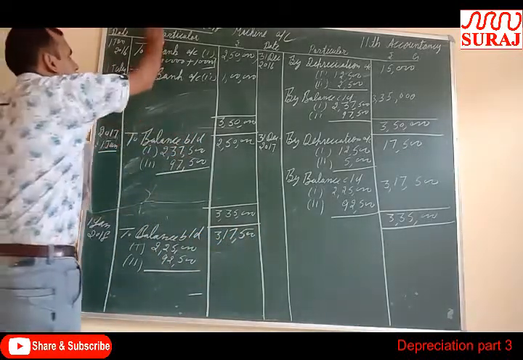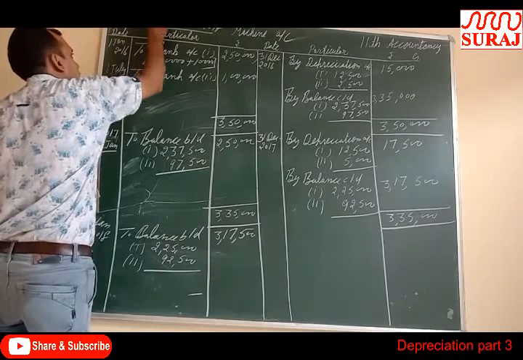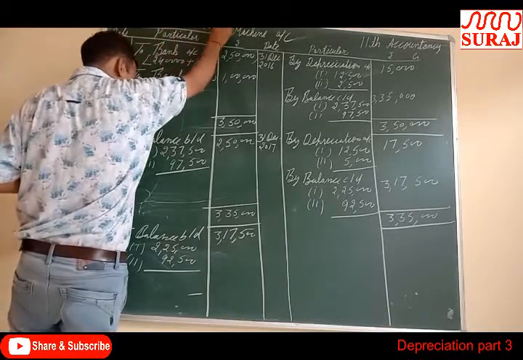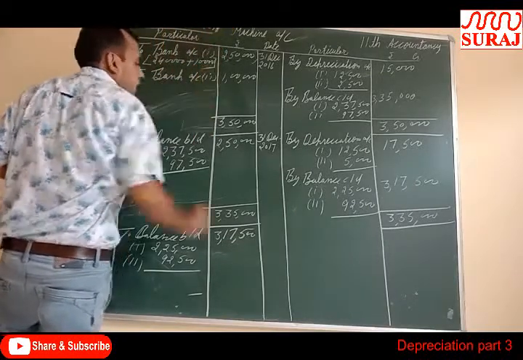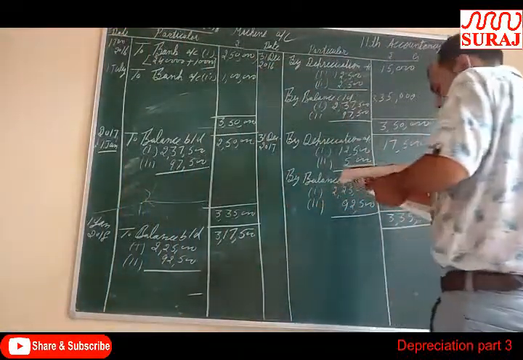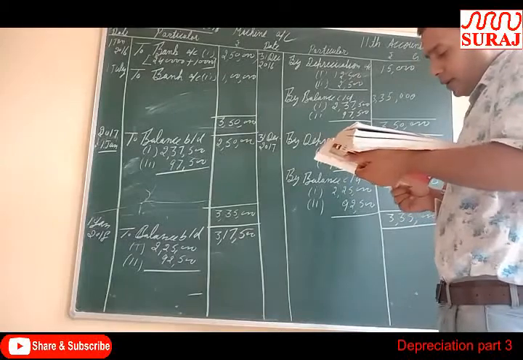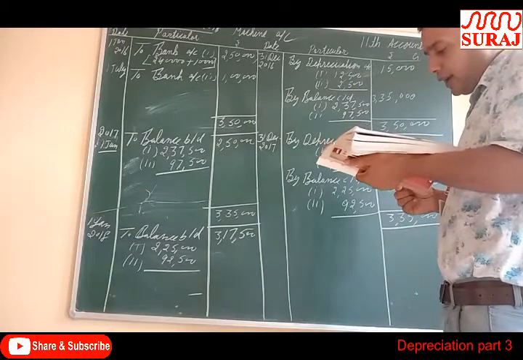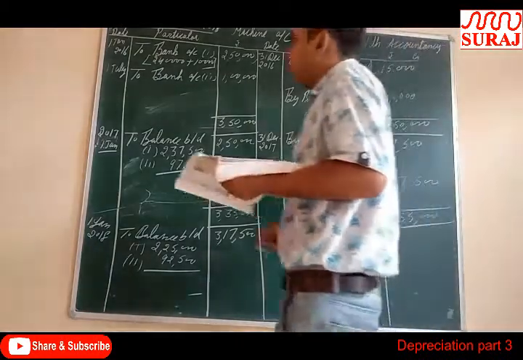Your accounting year will be from 1st January 2018 to 31st December 2018. Is there any purchase and sale during this period? Yes. On 1st July 2018, the machine purchased on 1st January 2016